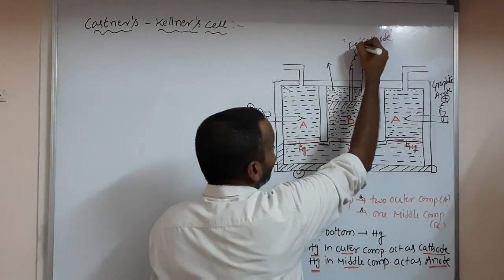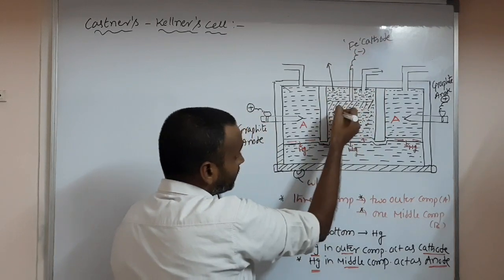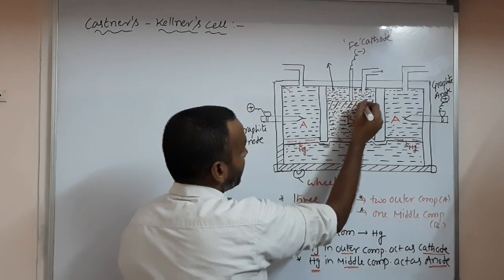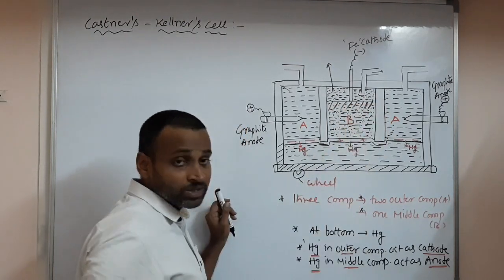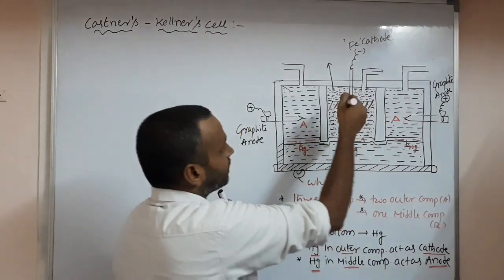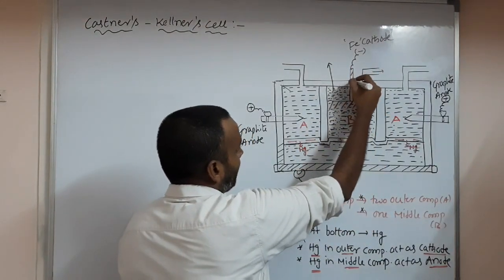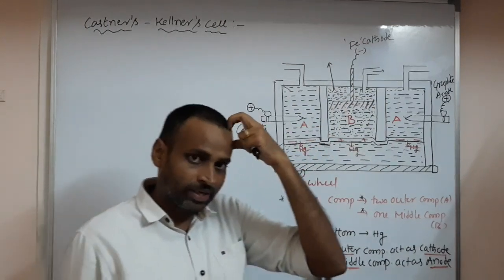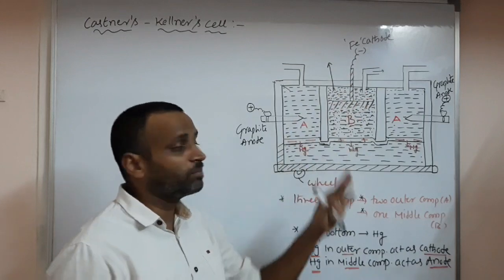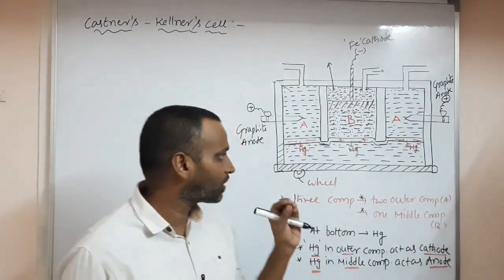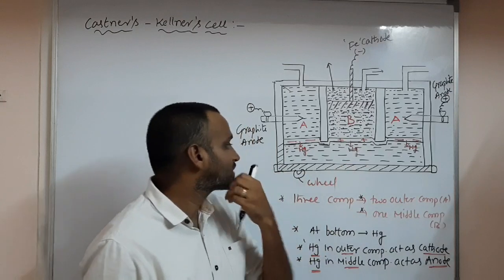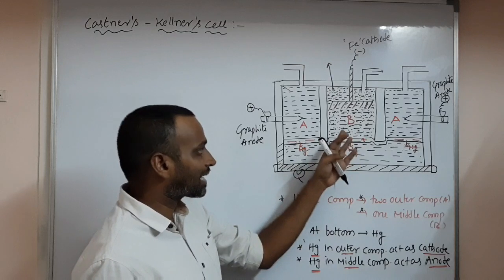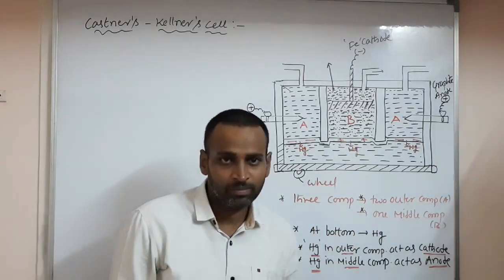Here you have iron cathode, small iron plates like this, 1, 2, 3, 4, 5, 6, 7, 8. Don't think that 8 plates are required, I am just showing this. This is the iron cathode, iron plates acting as cathode in the middle compartment. Why is this fellow talking for the last 5 minutes about all these things, the apparatus? What mercury serves in the outer compartment, and what mercury acts as in the middle compartment, those are very, very important.